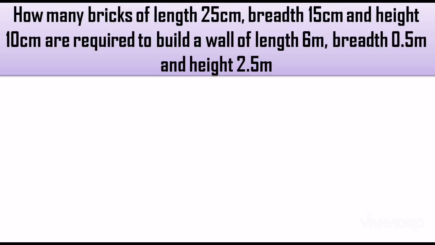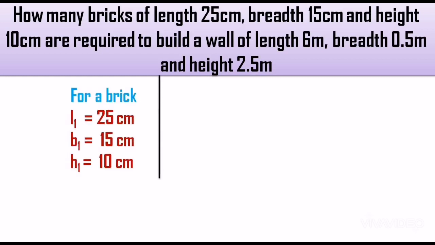That means wall consists of bricks. It is the internal part of it. That is why we have to go forward with volume of the wall. If we take the volume of the wall, then again we have to divide that volume by the volume of the brick. So in short, we have to carry out the division. But before that, there are certain changes that must be done in the question.